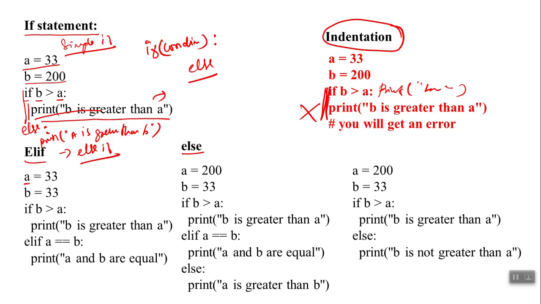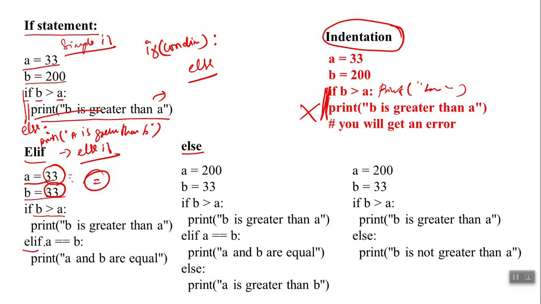Same program. What I am doing is checking if b is greater than a. Check here, I have modified the value. I have changed the value to 3333. So here a is equal to b. When you go with this condition, it is not satisfied. B is not greater than A, it is equal. So again, I want to go for a condition.